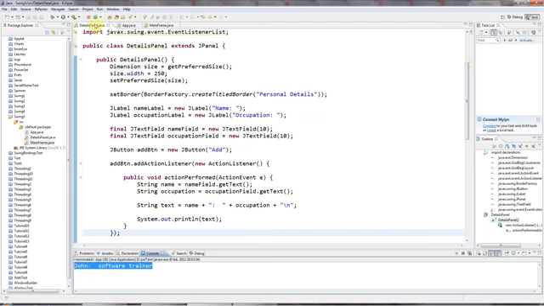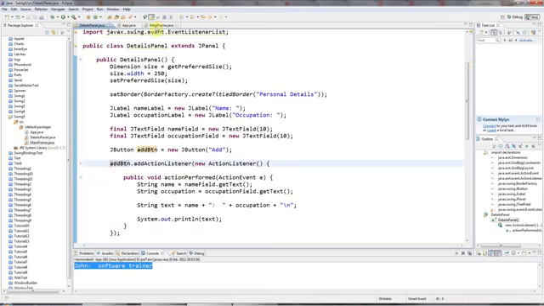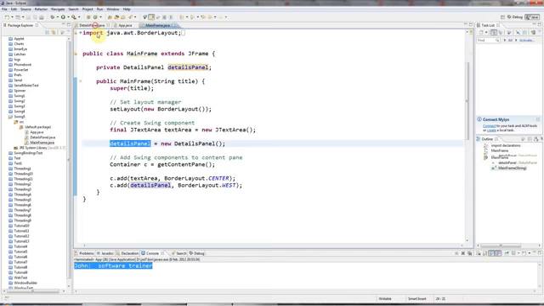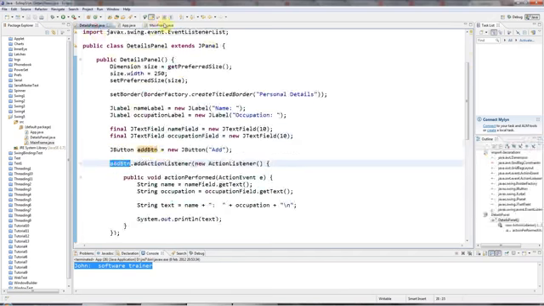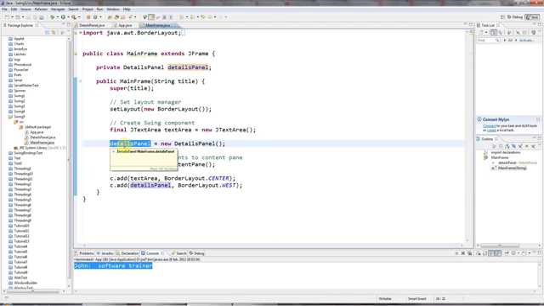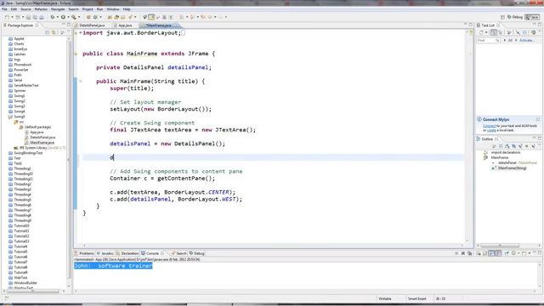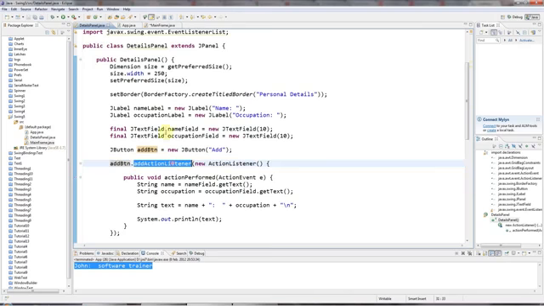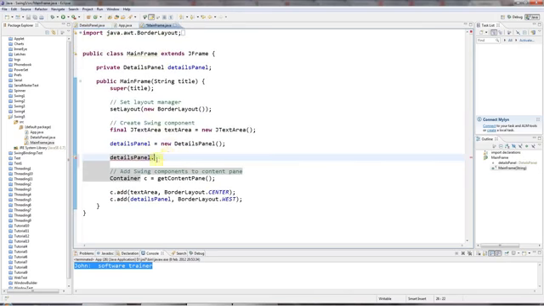But I want it to come out in the text panel on the left. In my main frame, in the same way that I've added an action listener to the add button, I want to be able to add a sort of listener to the details panel that can respond to events that happen in the details panel. Let's imagine that is possible. I would type something like detailsPanel dot, and here I've got addActionListener. Here I'd have something like, let's say, addDetailListener,